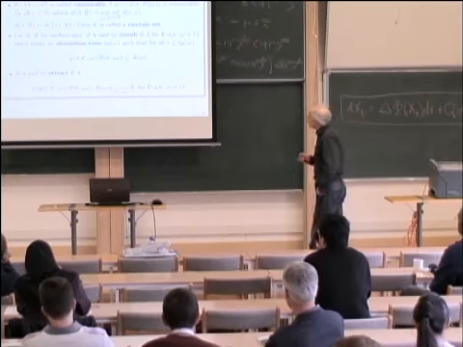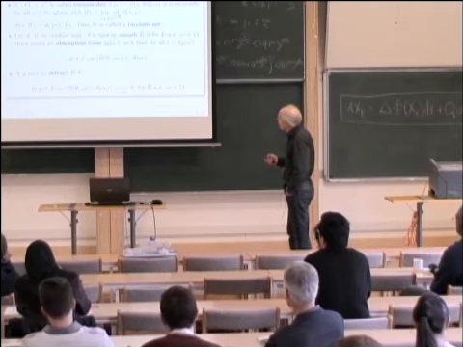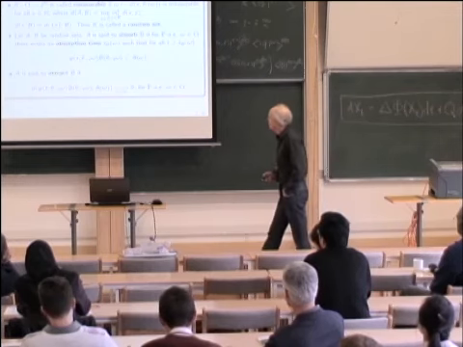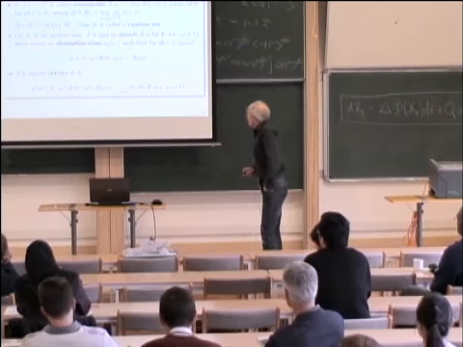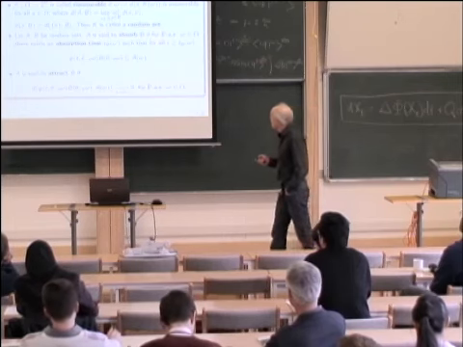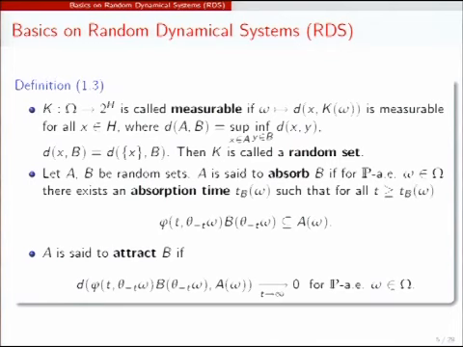But it's the right distance to consider, and as usual, we abbreviate. So here, this is just the definition, it's just the distance of the point, so that's the usual thing. K is also called a random set then, and if you have two random sets, A and B, you say that one absorbs the other if for P almost all omega, so here there is a zero set, but again, in most cases you take a smaller set and then things are good, but for this it's not necessary. In principle, this is enough for P almost all omega in most cases.